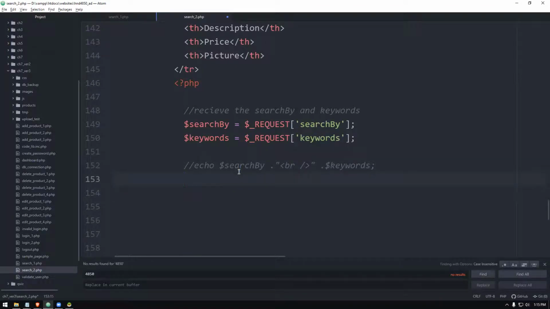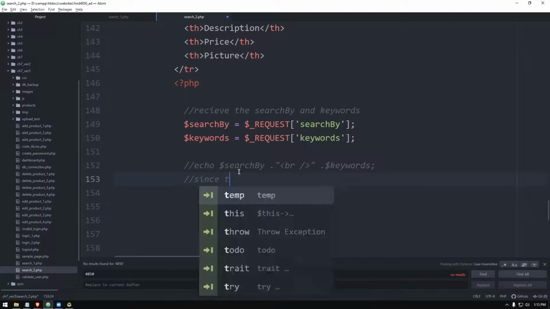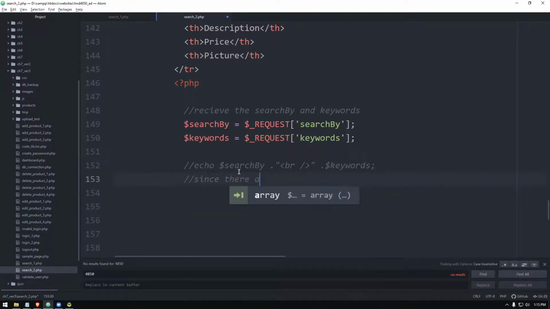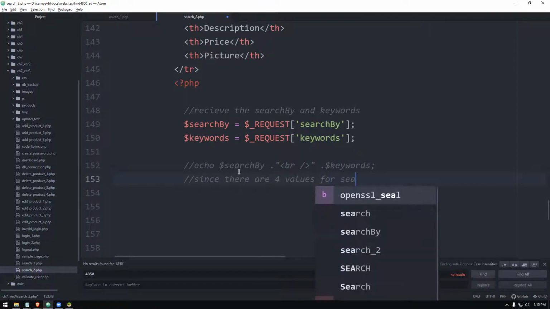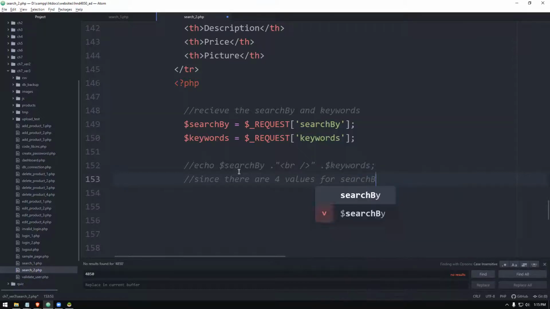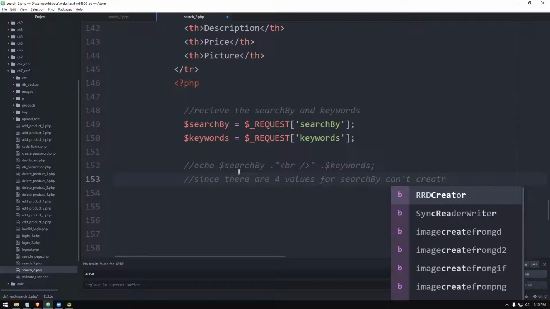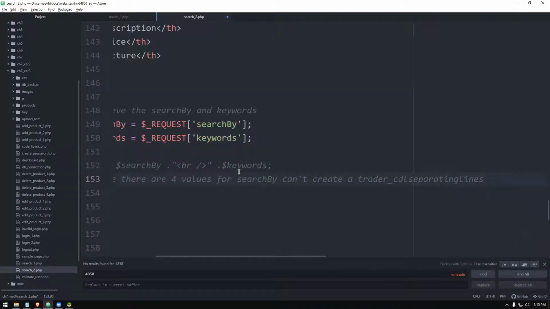So we'll say this is a good command. Since there are 4 values for search by, we can't create a single command.